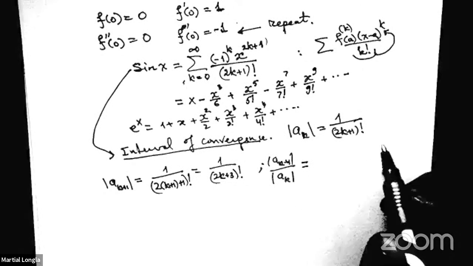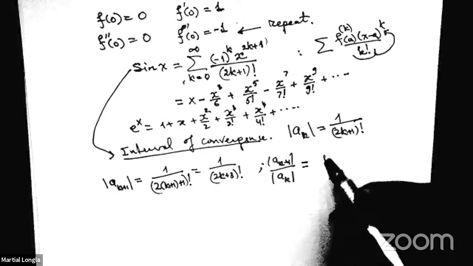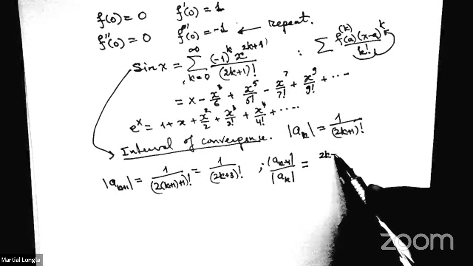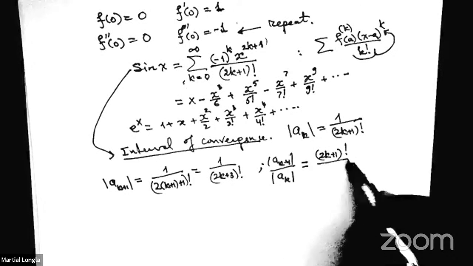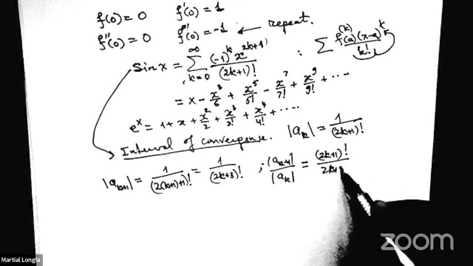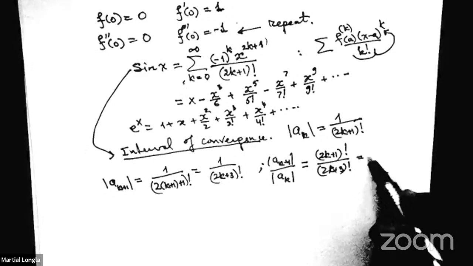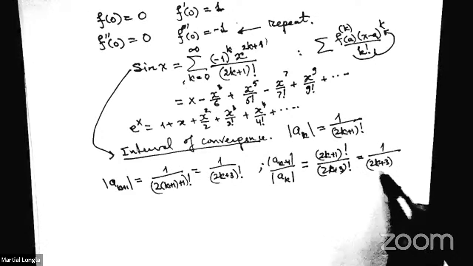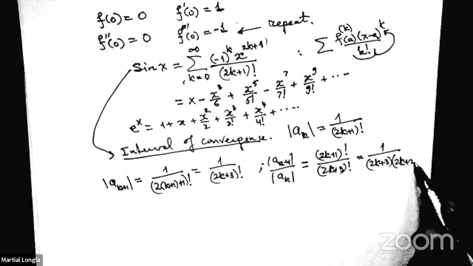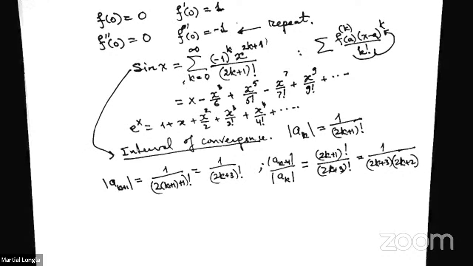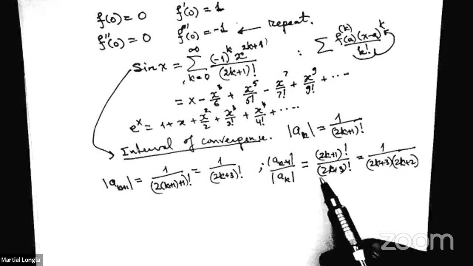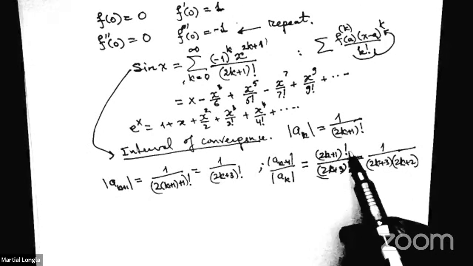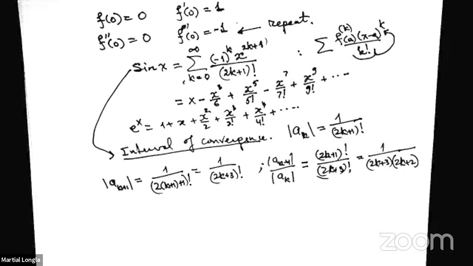Absolute value of a_(k+1) over absolute value of a_k is going to be (2k+1)! over (2k+3)!, and this is 1 over (2k+3)(2k+2). That's what you get when you simplify, because (2k+3)! is (2k+3) times (2k+2) times (2k+1)!. And thus,